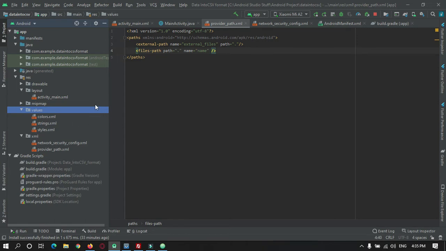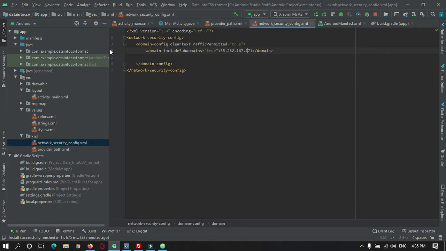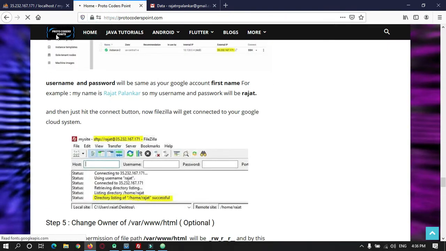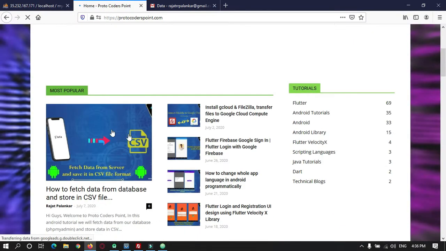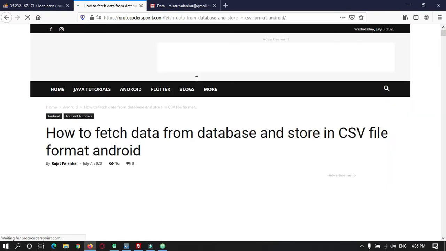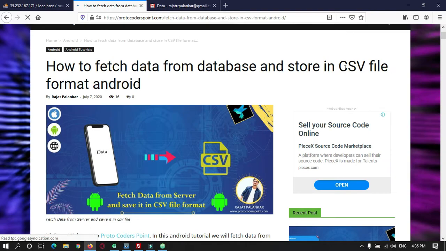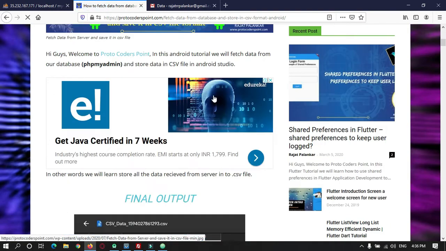After adding the network configuration and file provider code, don't worry, this blog post is available on our website protocoderspoint.com. Here is an article on how to fetch data from a database and store it into CSV file format in Android.